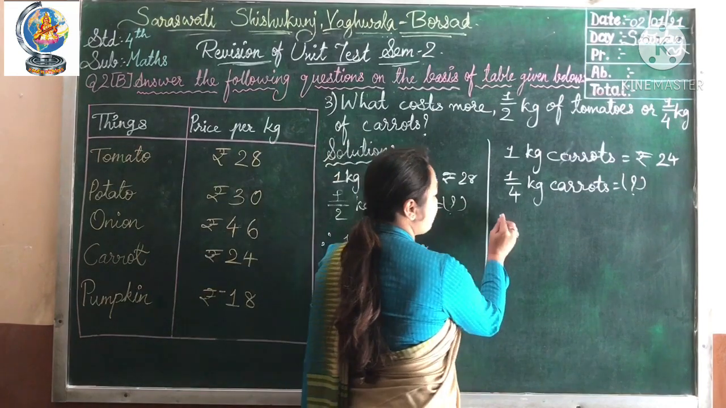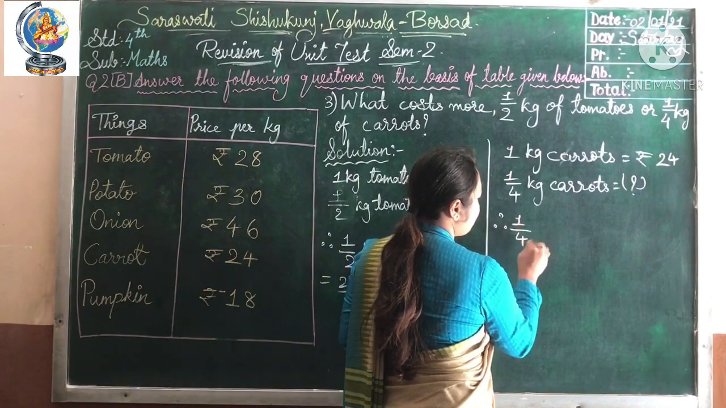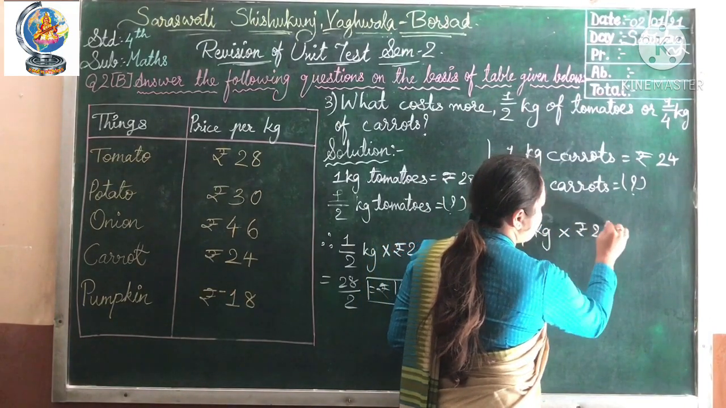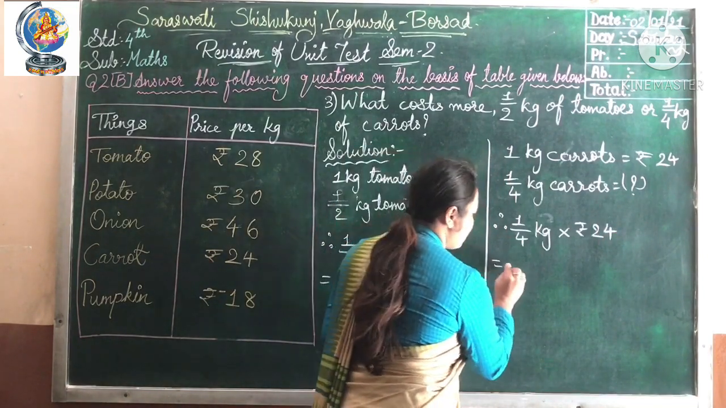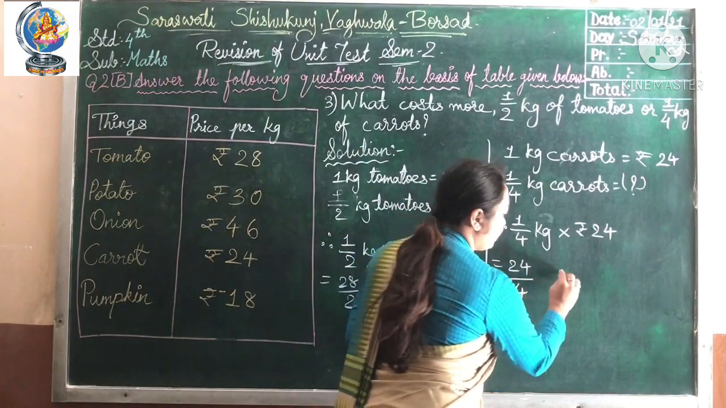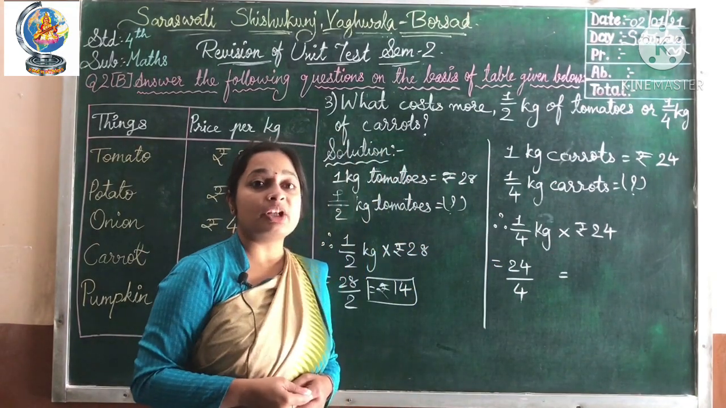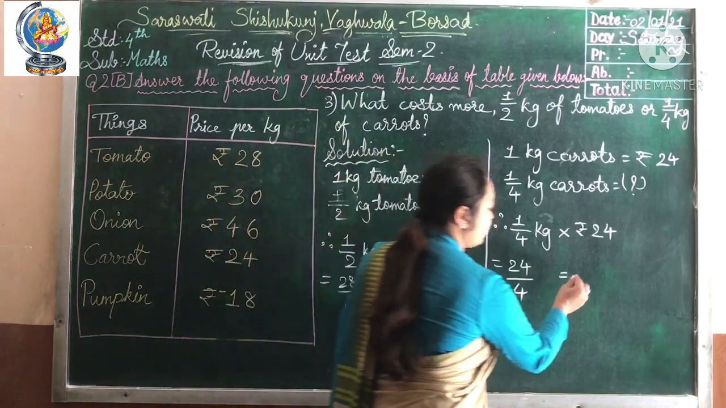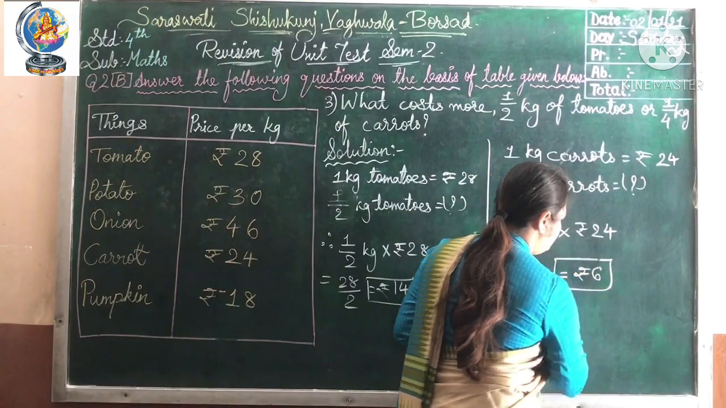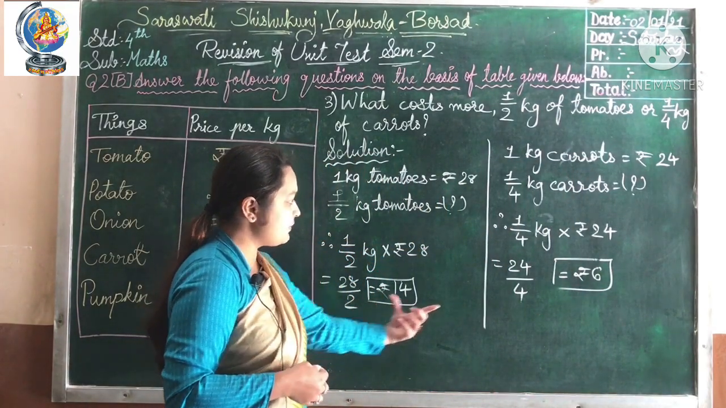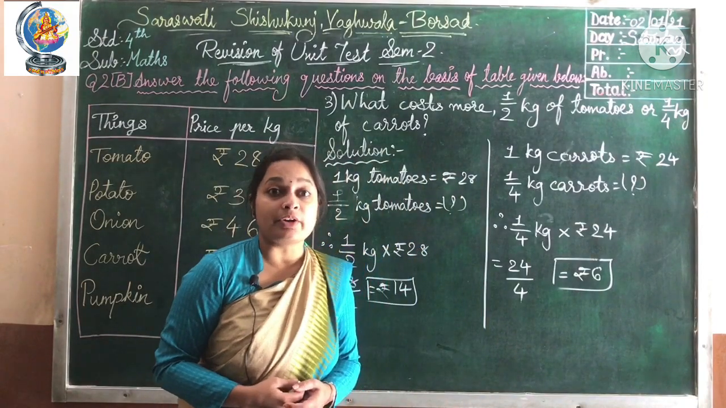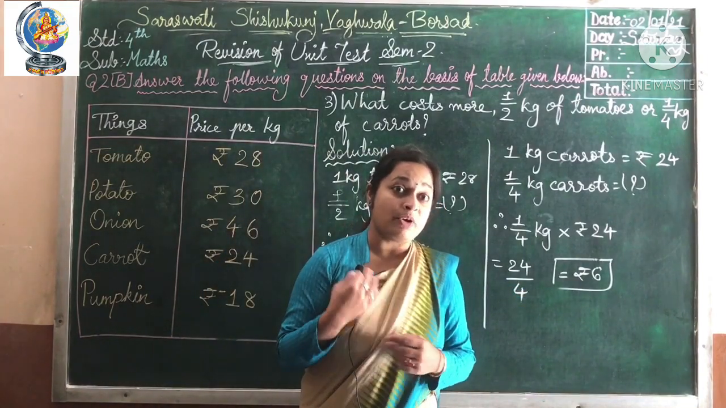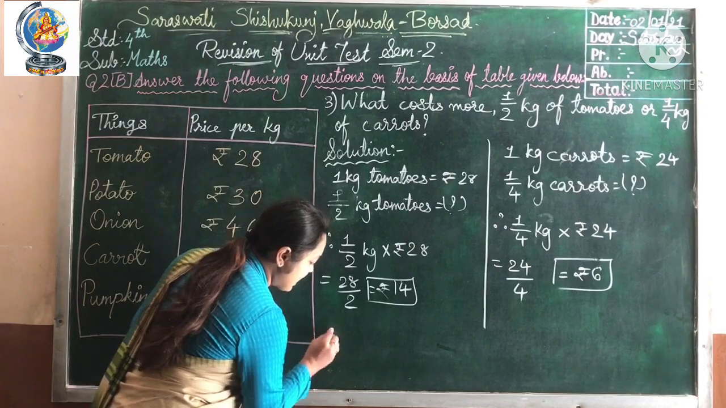Now let's multiply this. Therefore 1/4 kg multiplied by rupees 24. We can say that 24 divided by 4 is equal to, we get 24 in the table of 4 when we multiply 4 with 6, right? So here our answer is rupees 6. Now compare both the prices, rupees 14 and rupees 6. Which one is more? 1/2 kilogram tomatoes price is more compared to 1/4 kilogram of carrots, right? So here we can write the answer that